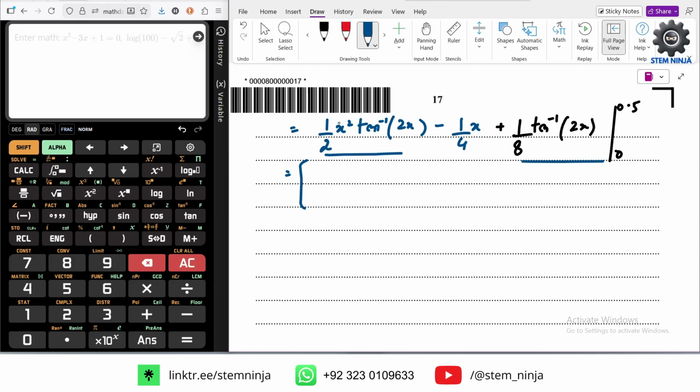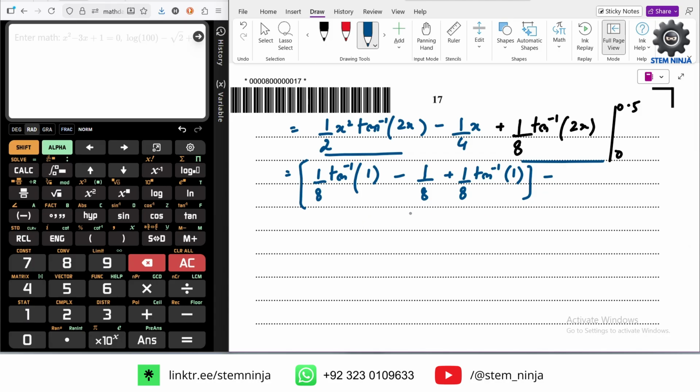So 1 over 2 times 0.5 squared would just be 1 over 8 tan inverse of 2 times 0.5, that is just 1, minus 1 over 4 times 1 over 2, 1 over 8, plus 1 over 8 tan inverse of, again, 1,